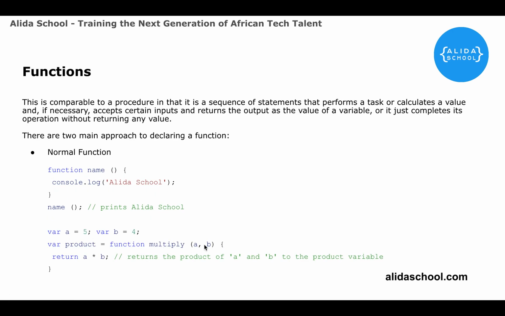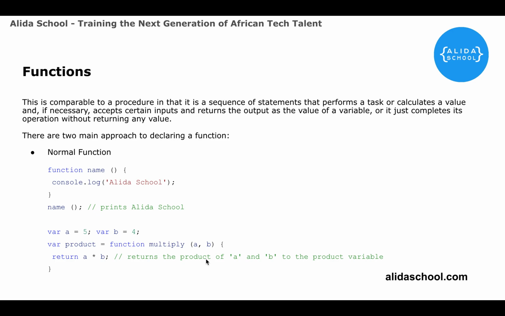Let's try to add arguments to our function and also return the value into a new variable that we're going to create. Variable A is equal to 5, variable B is equal to 4. Now when you run the function multiply, you are passing the two arguments A, B into this function of multiply, and within the function scope you are returning A multiplied by B. This would essentially do the normal calculation, evaluate the value for you, and return whichever value it's calculated into the variable product,